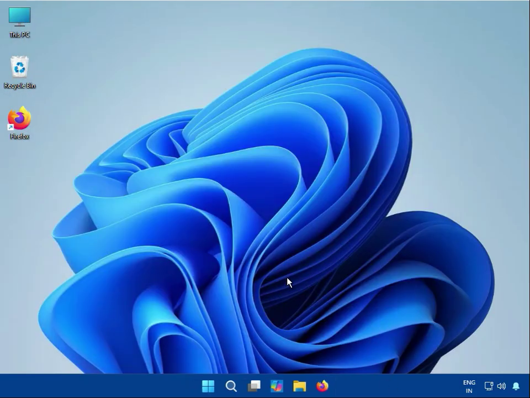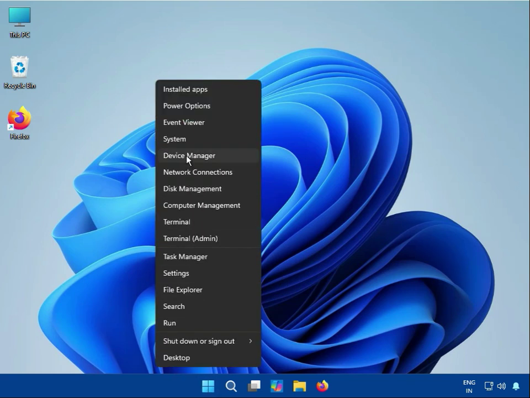Then guys, next update or reinstall audio driver. So right click to go to device manager,